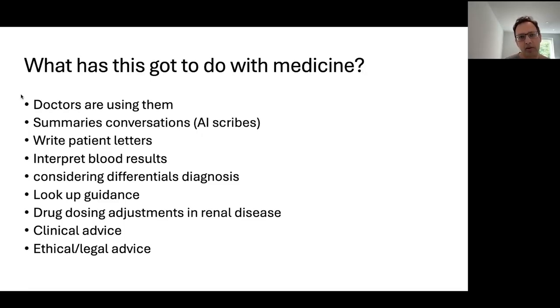Now, it's sometimes hard to understand how and when doctors are using them exactly. I guess we know from the survey data that doctors are using it, and I know from my own experience walking around the hospital that junior doctors are using it, consultants are using it, GPs are using it. They're probably not using it officially. ChatGPT isn't a medical tool. It's not licensed for medical use. However, it's being used informally, and there's widespread use from what I can see. Now that's of concern.